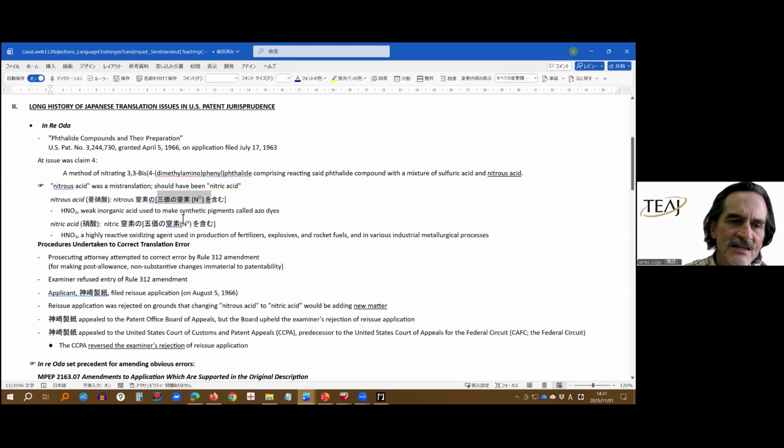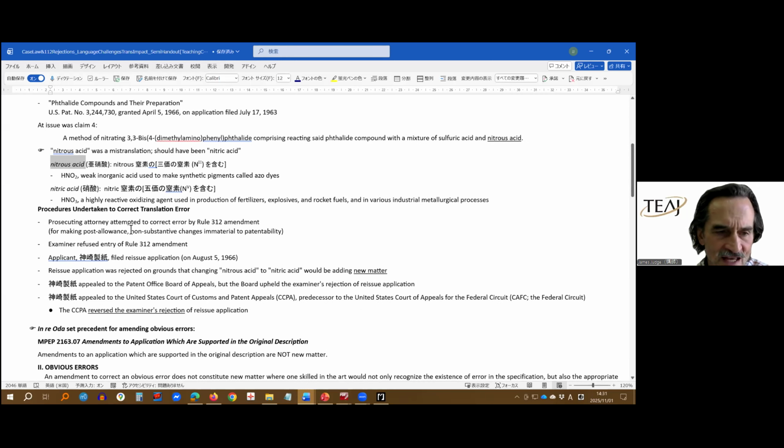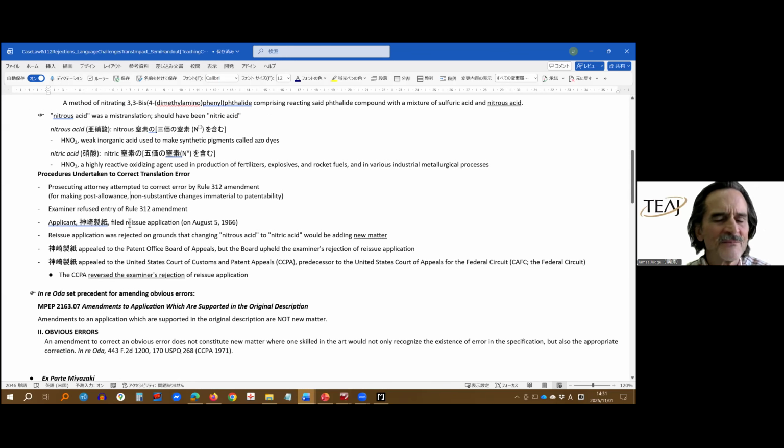But anyhow, this difference is really important, and the patent issued with the incorrect translation nitrous acid. And it turns out that the patent attorney knew that there was a mistake. He realized that there was a mistake after the examiner allowed the case, and he thought, as is even now